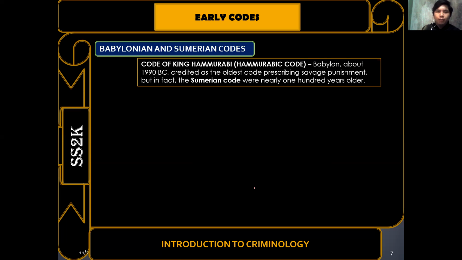But in fact, the Sumerian codes were nearly 100 years older. It was declared that the oldest code is the Code of King Hammurabi. The Code of King Hammurabi is the code which introduced the principle of lex talionis. The lex talionis principle says an eye for an eye,